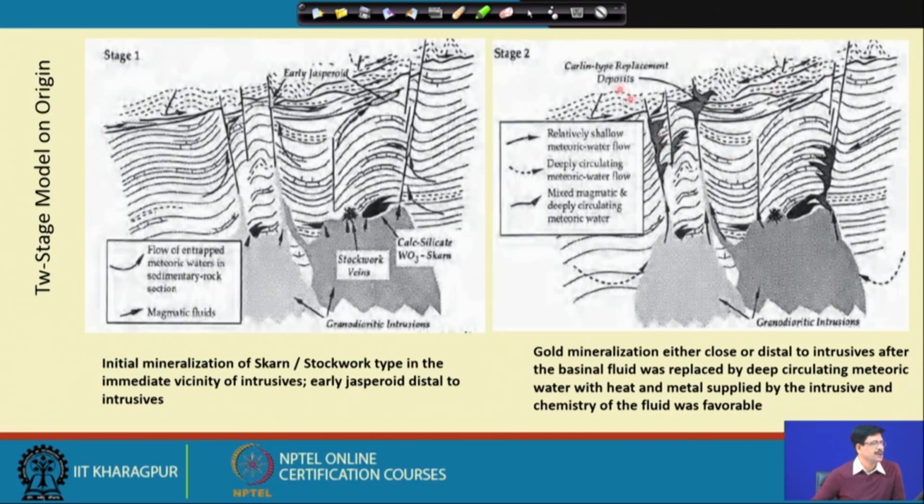So, the heat provided by these felsic intrusives set up the convective circulation, the convective flow of the meteoric fluid, and it is believed that gold and the sulfur and the complexing species in the fluid were contributed by this felsic magma, and this mineralization resulted. This is tentatively a very simplistic way of presenting the origin of this kind of very important class of